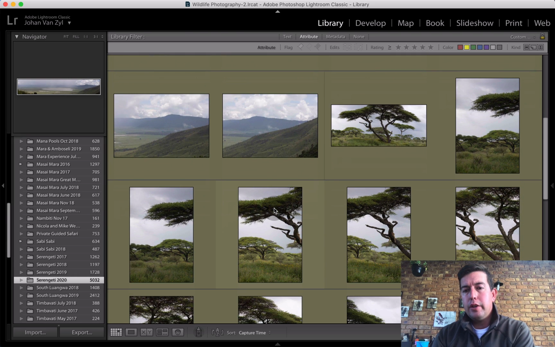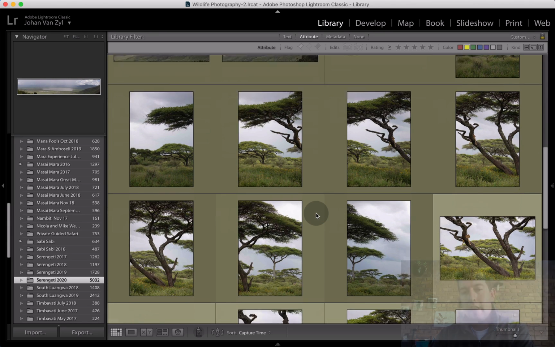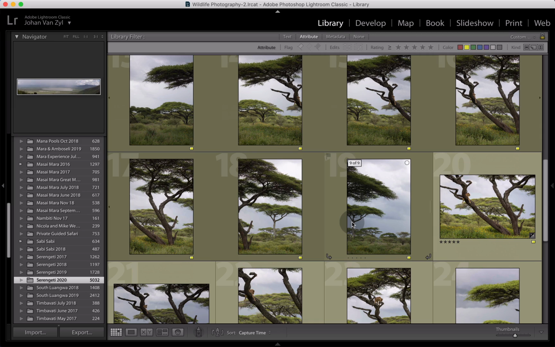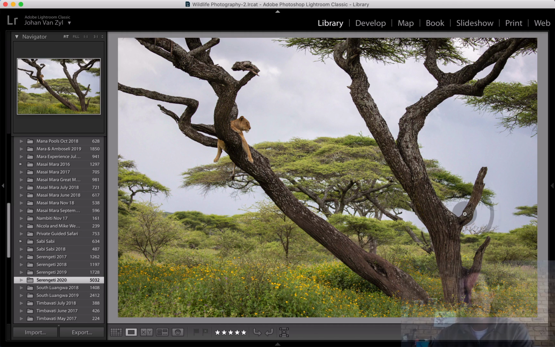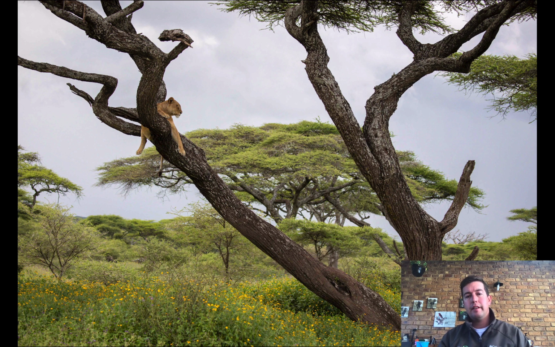So let's get into it. I'm going to show you guys a particular scene that we were faced with in Ndutu recently. Now, this is the normal shot, and I had a 100-400 millimeter with me, and then I had a fixed 600 with me. So that was the image that I got with the 100-400. This was zoomed out all the way at 100, and although it's very, very nice, this particular scene was absolutely